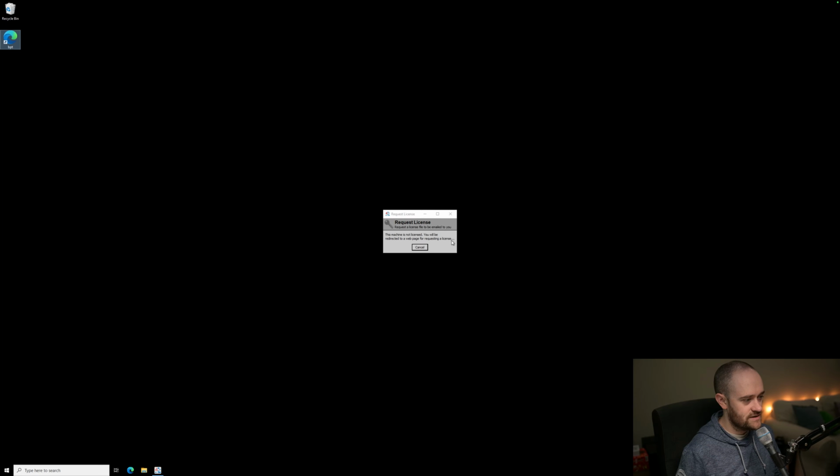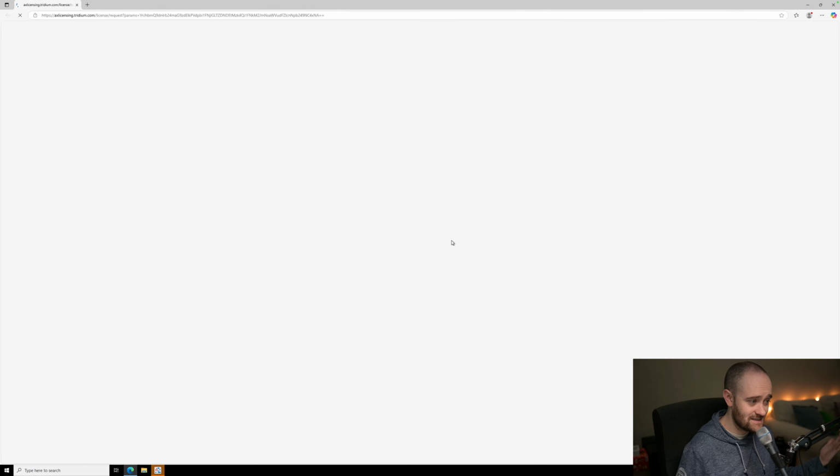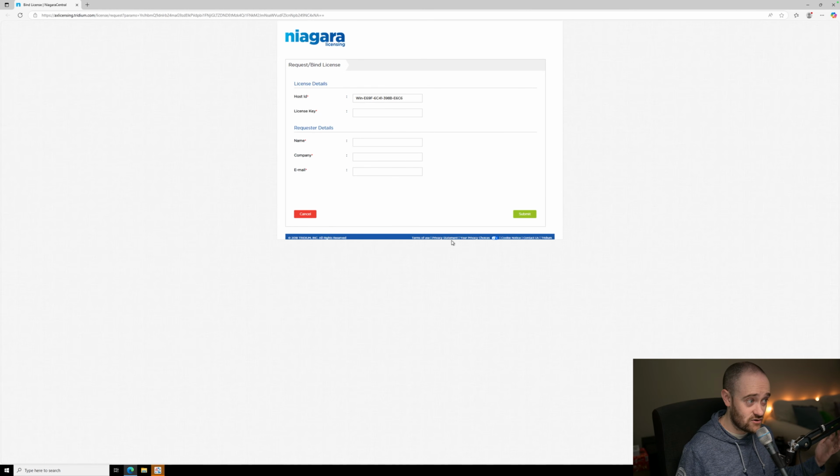And now it's gone out. It's tried to get a license from the licensing server. It doesn't see one, so now it's going to pop up my browser automatically, and it's going to give you your host ID of the local machine. The host ID is what your license is attached to. So when you purchase a license from us at Brody,